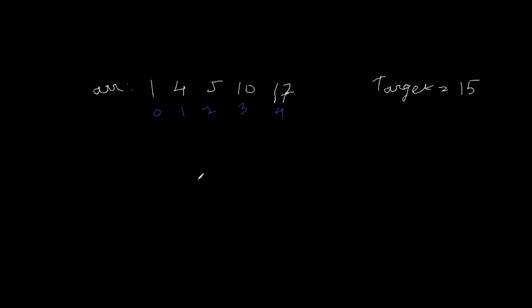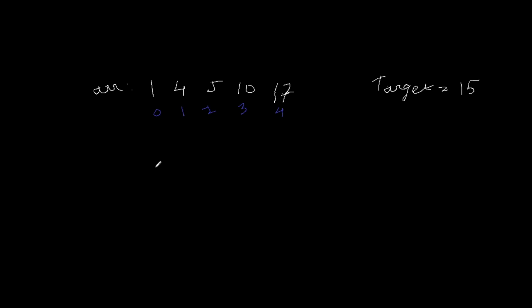Now we'll see the binary search approach. For this, first we need to sort the array, as binary search will not work on an unsorted array. So for each element in the array, we'll see whether there is an element to the right of that current element such that their sum is equal to the target value. For finding the second element, we'll use binary search.